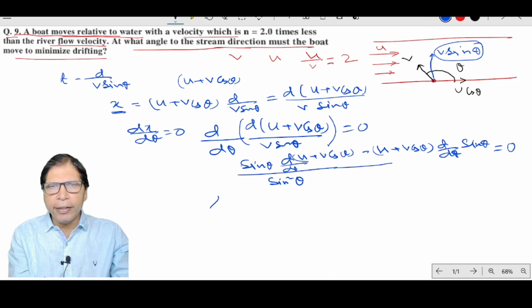Here sin theta into 0 plus v into minus sin theta,